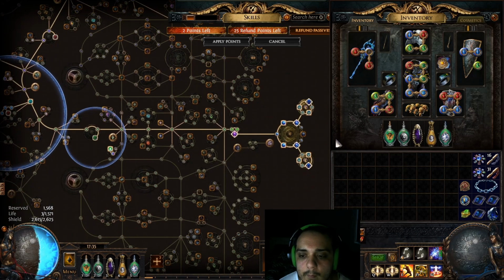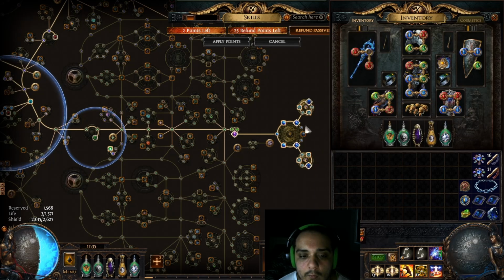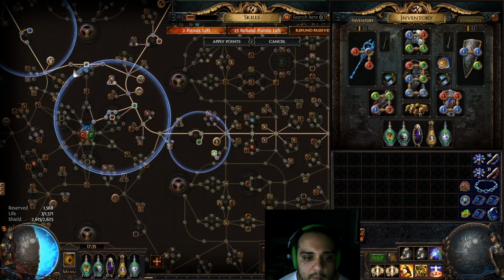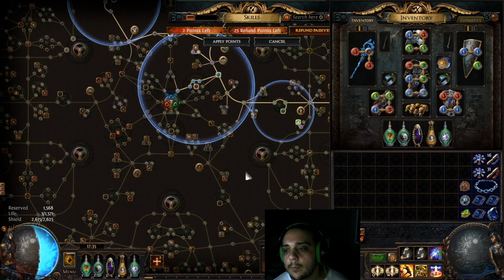as we do not need them, and then we're taking 2 Energy Shield and Reduced Reservation of Skills jewels here. So you only need 2 of those for the build, if you have done the Hazardous Research and Conqueror's Efficiency with Reduced Reservation of Skills as well. Alright, now, I'm going to bring up a...